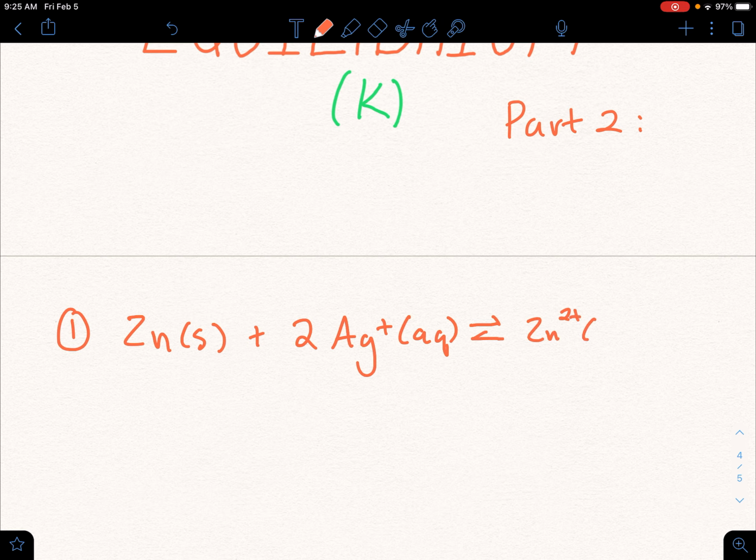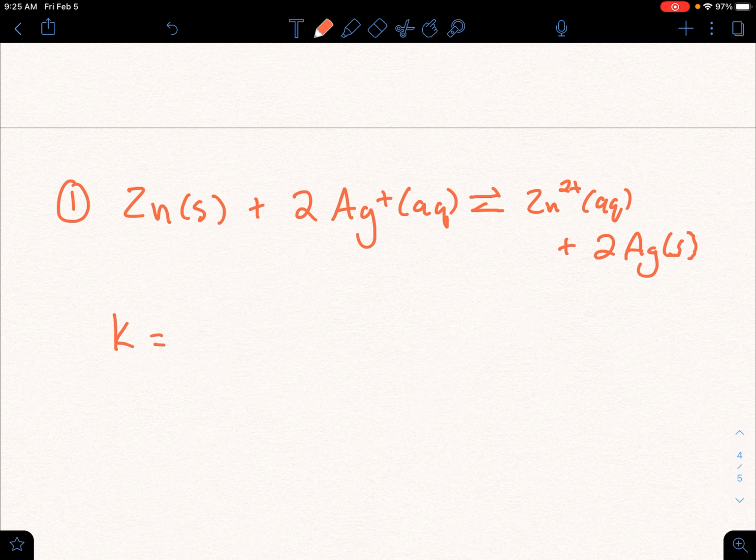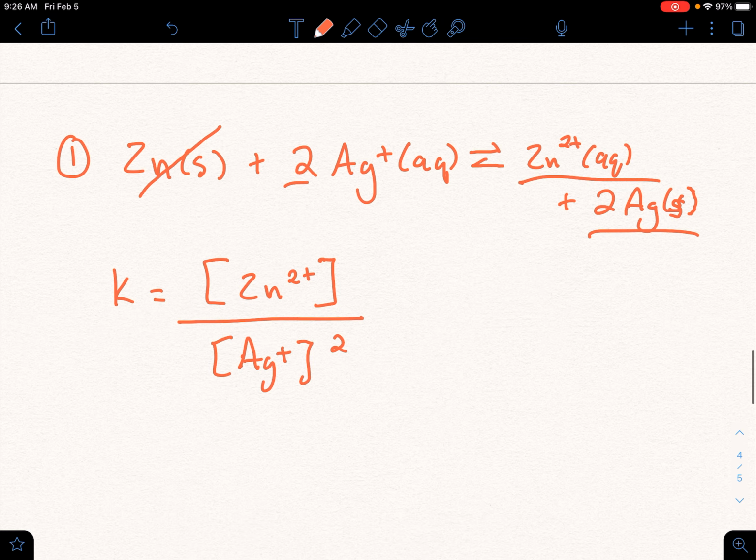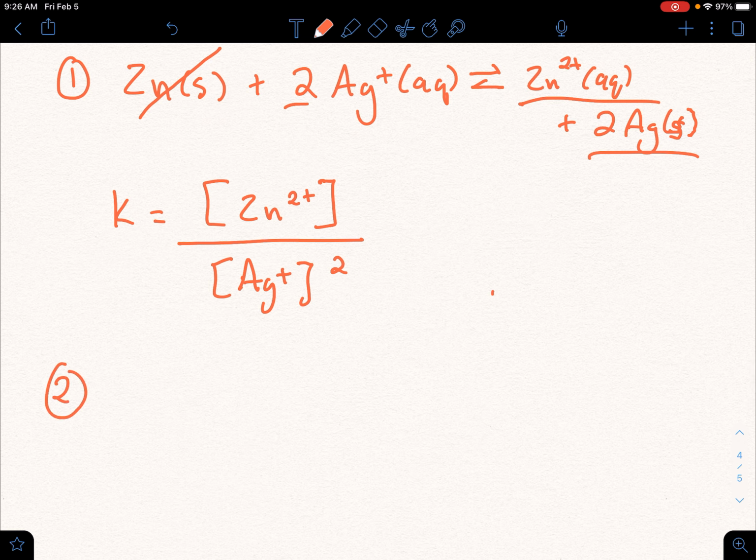zinc 2 plus 2 Ag. So the way we would write this is K equals, well, let's look at our products. We have this, but again, this doesn't count because it's a solid, so we'll just put Zn2+ in there. And then we'll go to our reactants. Zinc solid doesn't count, so we're going to do Ag+ raised to the second, right? Because we have this coefficient of 2 up there. So that's how you write the K equation for that one. Again, no